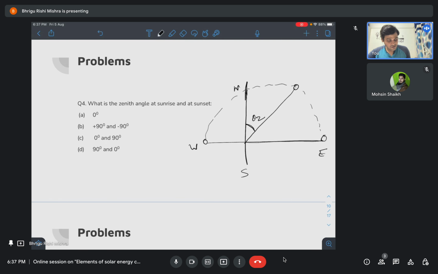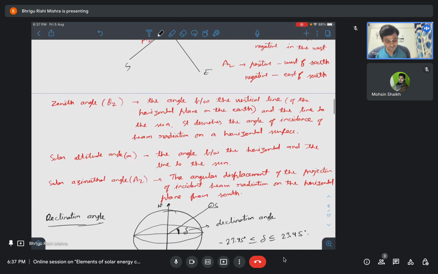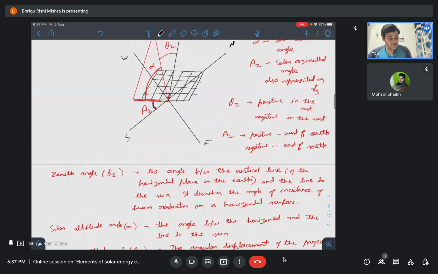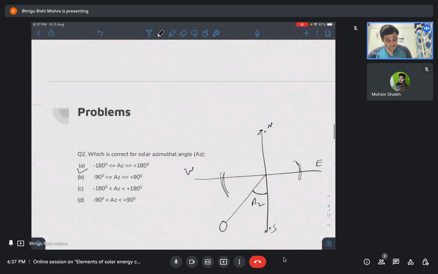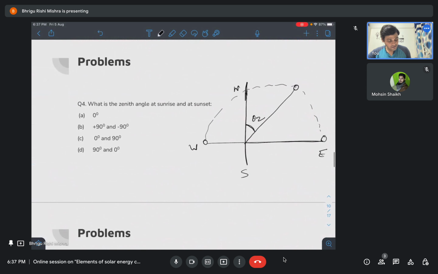Now the question is, both can't be 90 degrees, and we already said that the zenith angle is positive in the east quadrant and negative in the west. So at this position, at sunrise, it is plus 90 degrees, and at sunset it is minus 90 degrees. So the correct option is option B, plus 90 degrees and minus 90 degrees. Okay,